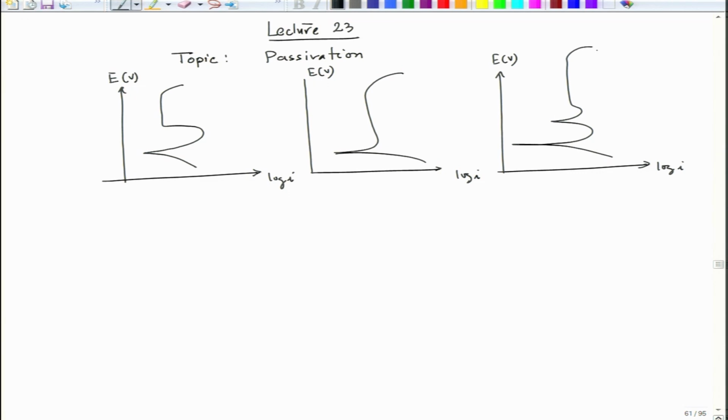So, we also talked that this particular one is a kind of special situation we will discuss later,